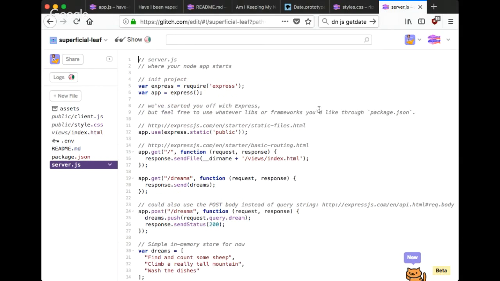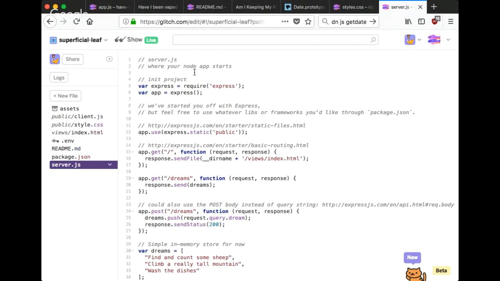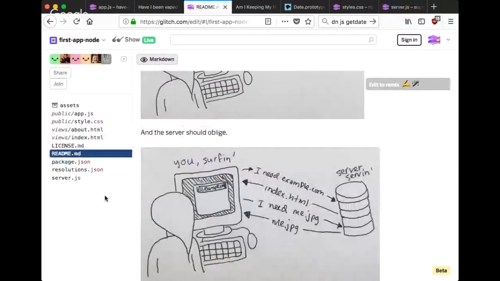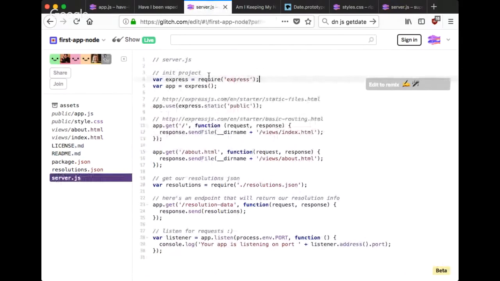So server.js is the code where we tell the server what to do when these things happen. When a server sees, oh, someone asked for the root domain of my application, this is what you've got to do. Like we have to code what this is. And so let's take a look at first app node. We are using Express. Express is a type of middleware that allows us to write more concise JavaScript in the